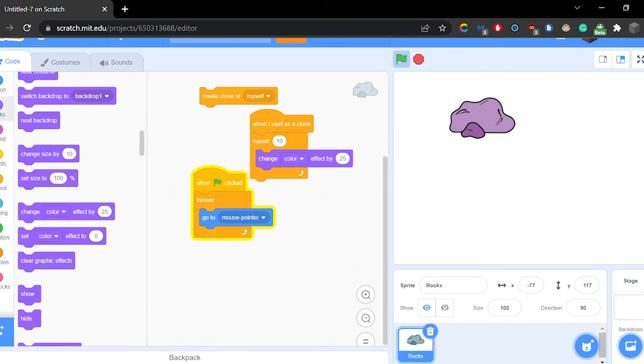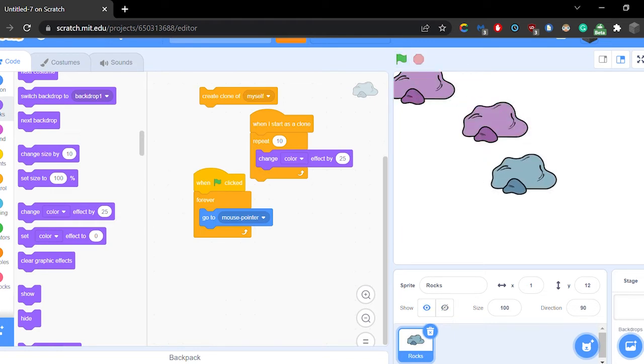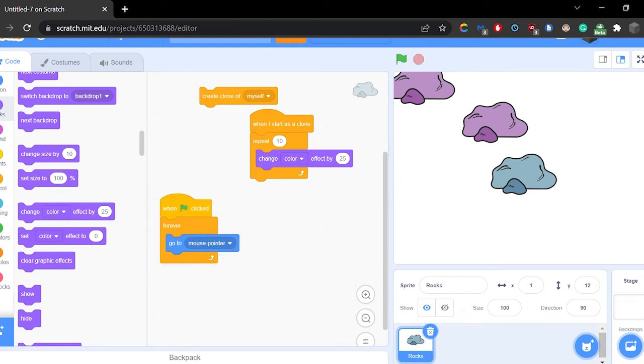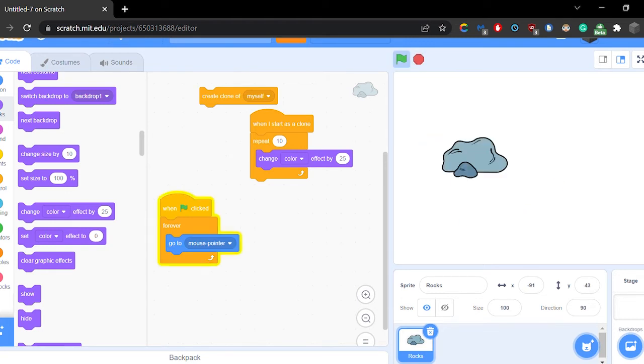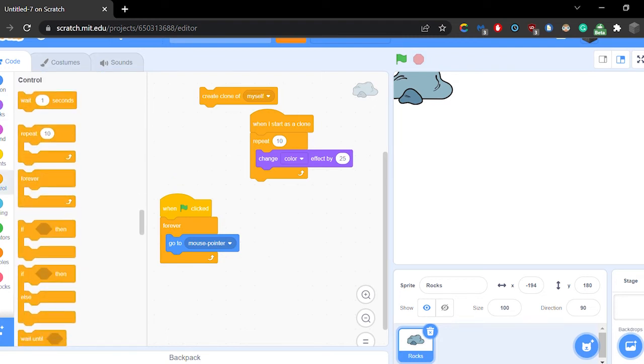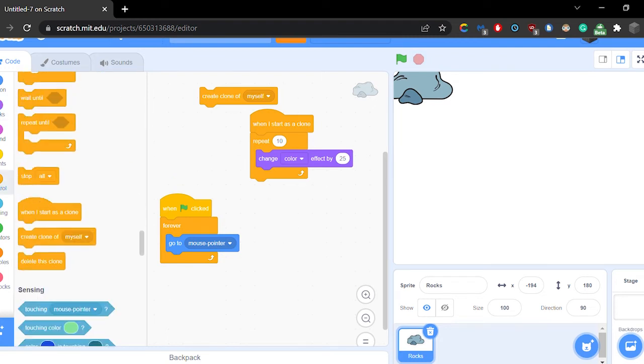So, okay, look at that. Create a clone. Create a clone. And now it changes the color, you see, very rapidly. But now the clone stayed on the screen. And that's not exactly what we want, is it? So what do we do? Well, we want to delete this clone after it changed the color 10 times. So we want to go back to control and we do delete this clone, right? And so now, one second, if I click that,